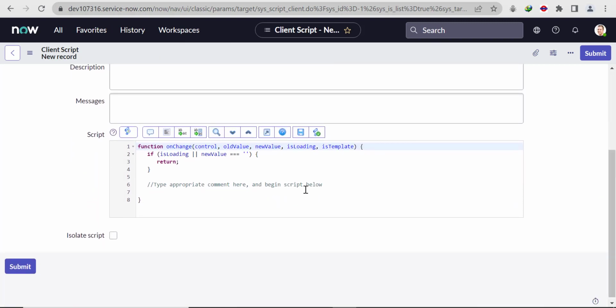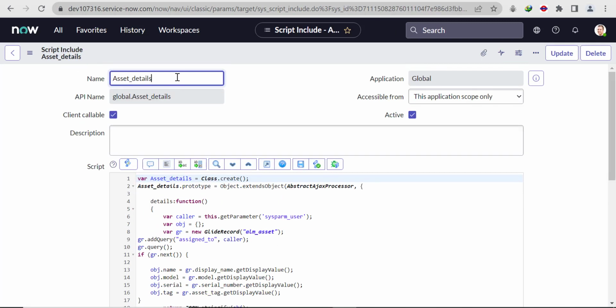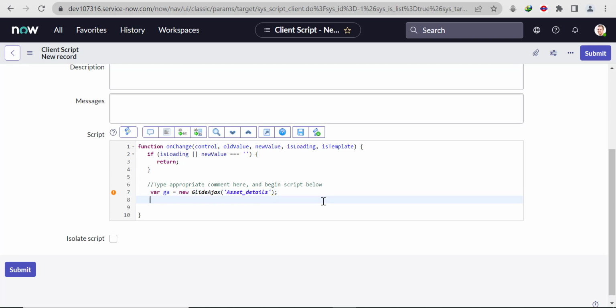Yes, and here we'll write our code, that is var ga equal to new GlideAjax. Okay, yeah, GlideAjax, and here we need to pass the script include name. So let's see what is the script include name, that is asset_details. So yeah, we paste it here. Yes, and then we need to pass the function name. So ga.addParam